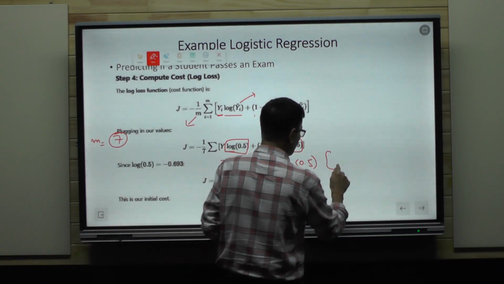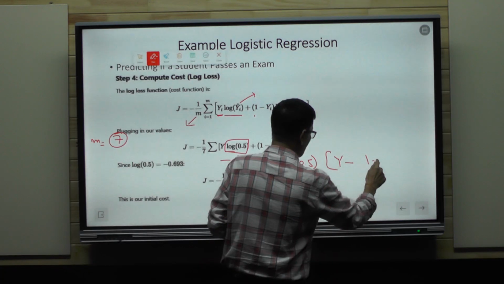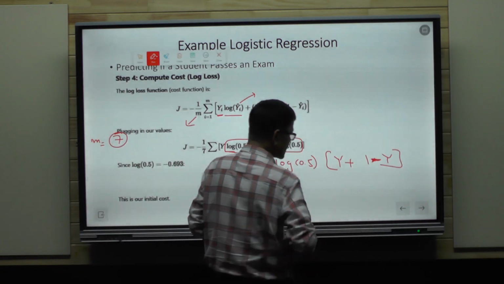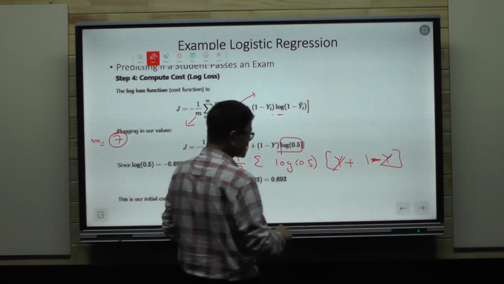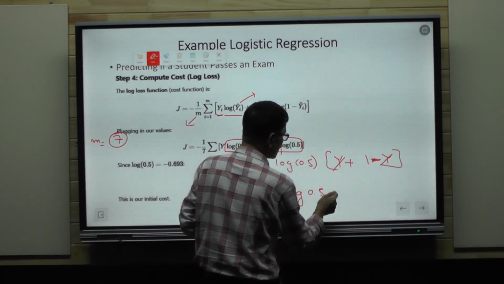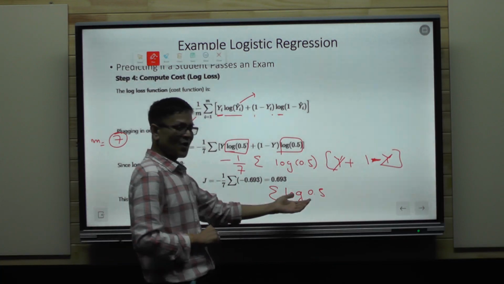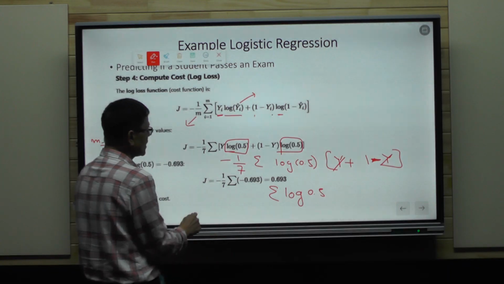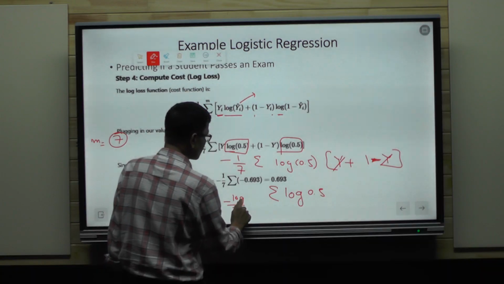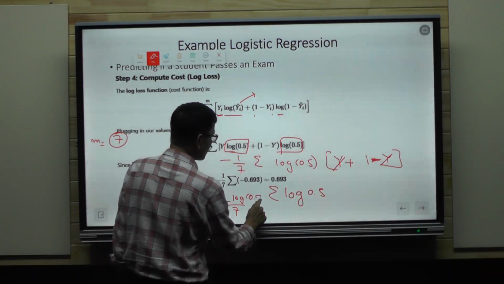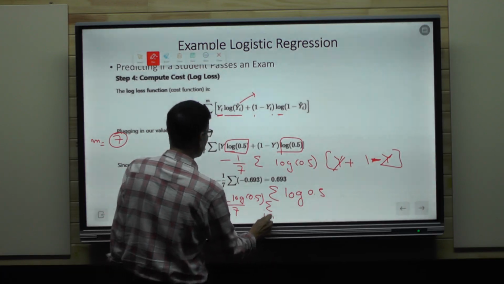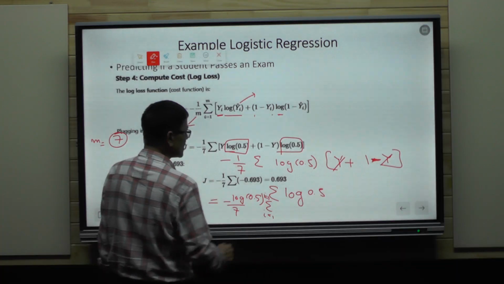Now what remains in the square bracket is y plus 1 minus y. So y gets cancelled, and we have the summation of log of 0.5 multiplied by 1. So it's a constant, log 0.5 is constant, so we can take it common. So that is log of 0.5, and the summation remains, and we have to sum it from i equals 1 to i equals 7